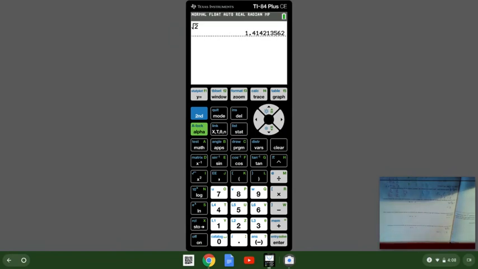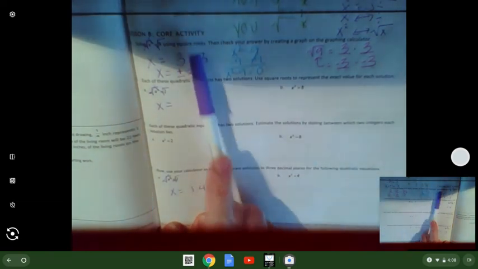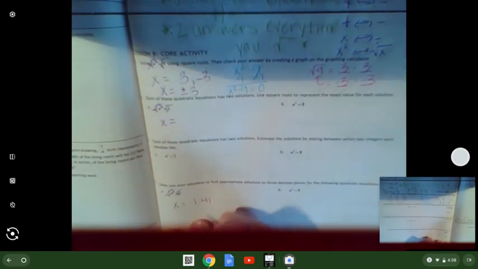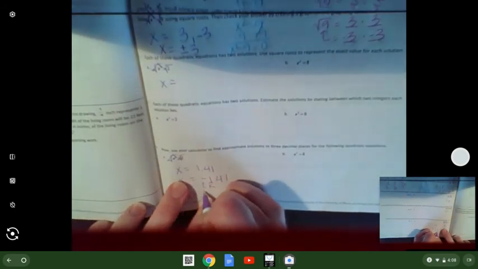We just only memorize what we call the perfect squares. So the square root of 2 is approximately, obviously I had to round, 1.41. But again, we always get 2 answers every time we square root. So I can either write it as this, positive 1.41 and negative 1.41, or I can write it with that symbol, x equals plus or minus